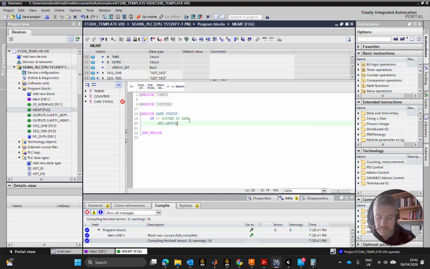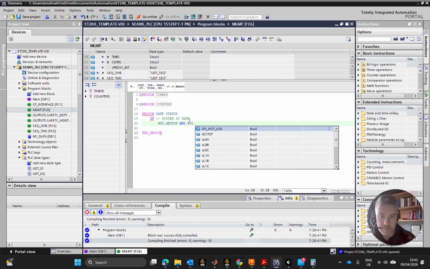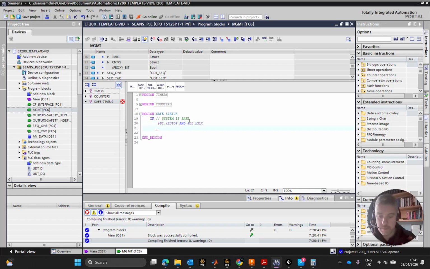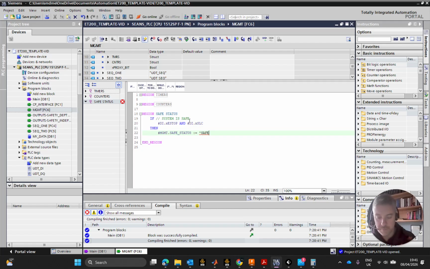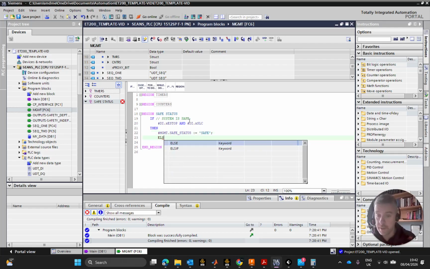If di e-stop and di dot safety light curtain, then management dot safe status is equal to safe. Oh, single quotes, apologies, in TAA, semicolon. Now, I'm just going to write it in as else